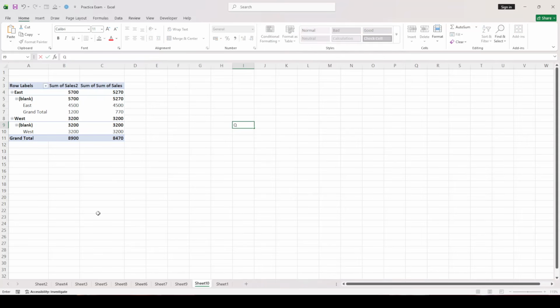In today's video, I am going to teach you how to refresh a pivot table in Excel. Pivot tables are great for summarizing data, especially when your source data changes over time. However, your pivot table does not always update automatically. Sometimes it will still show the old results, even though you have added new rows or edited existing values in